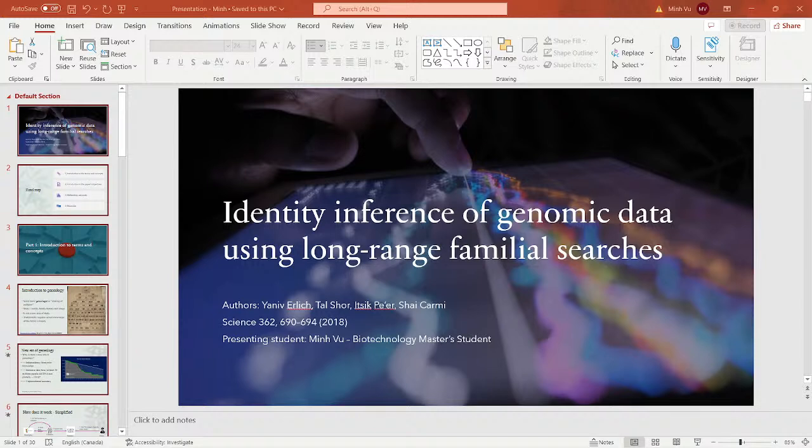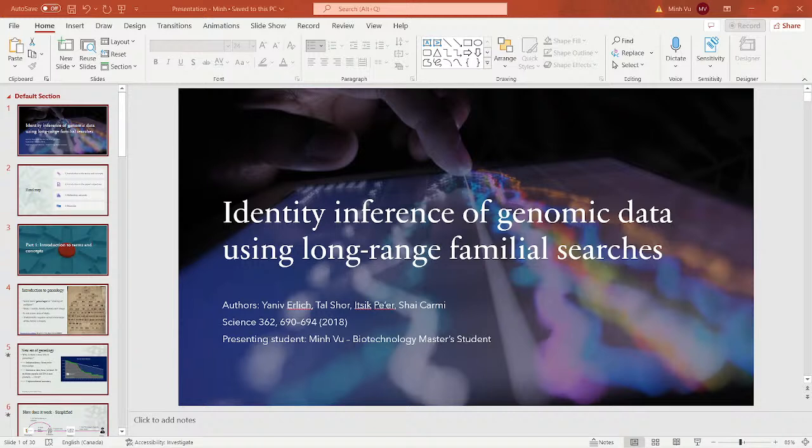And here is the chart of the centimorgans that are shared between 60,000 relationships. So they have 60,000 relationships where they know how people are related to each other, and then they run all of the tests that we discussed, and find the length of the IBD segments between those relationships, and they measure it with centimorgan.